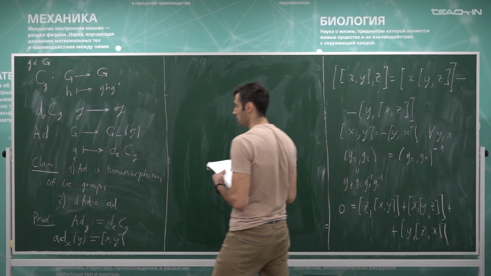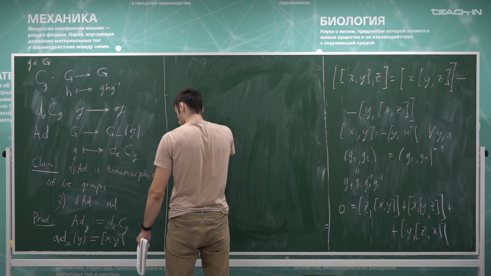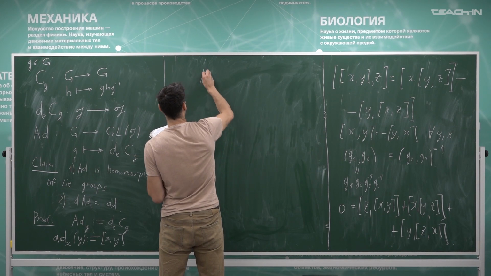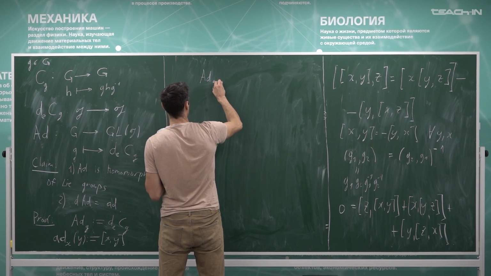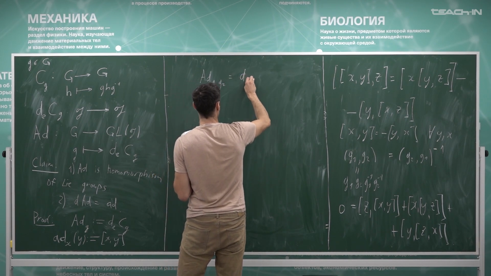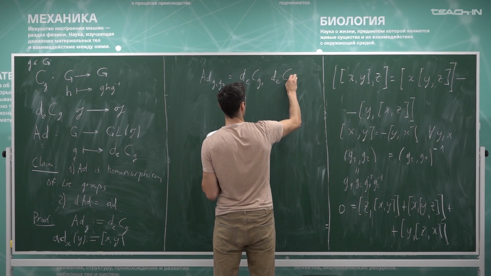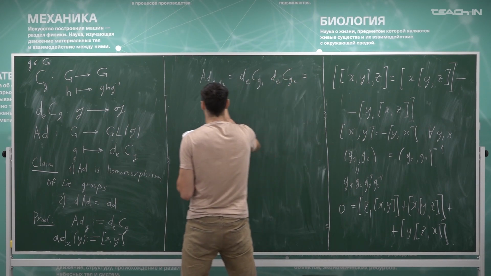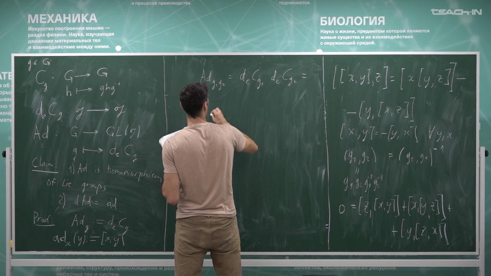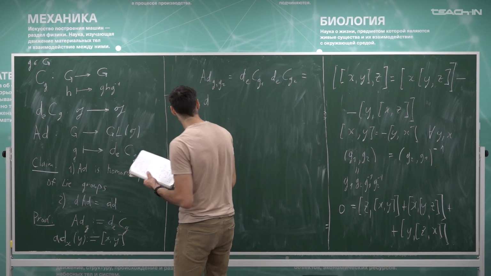So this is just some notation that we are going to keep throughout the course. So to see that Ad is just a homomorphism of groups is easy. Just need to understand what is Ad_(g1 g2). Well, it is d(c_g1) composed with d(c_g2). Then we used the property of differential to say that this is,